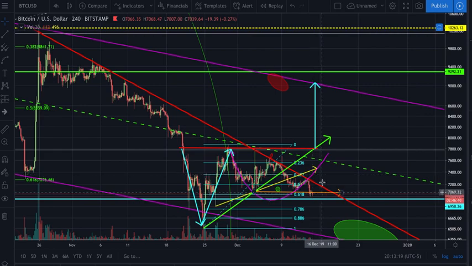But I'm not going to take a short in this range. And I closed my shorts out back here. So at this point in time, this is just a consolidation. I've played a couple little swings inside of here. But it's like we said, guys, we're patient. We're waiting for the perfect trade. We're waiting for the perfect setup.